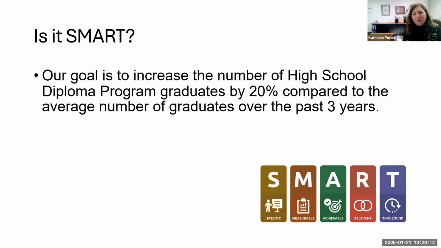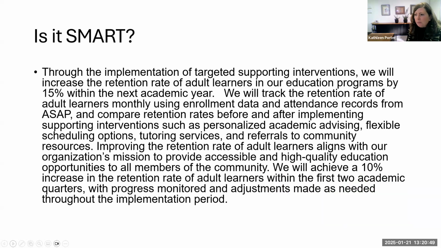20%, I don't know that we know that that is attainable or achievable. Is that too lofty? We might not know. But it's compared to the average over the prior 3 years. It's not time bound, so they don't specify the time. That might be an area that would improve this goal, to say by June 30th, 2026, so that you're introducing the goal with the time frame, which is a structure that most of the goals you'll see will do. So let's take a look at one more example.